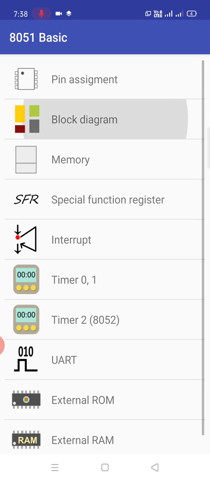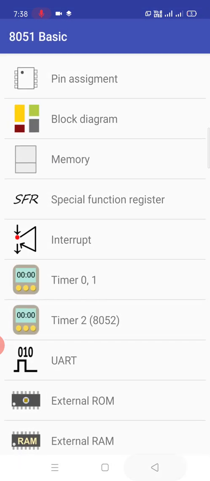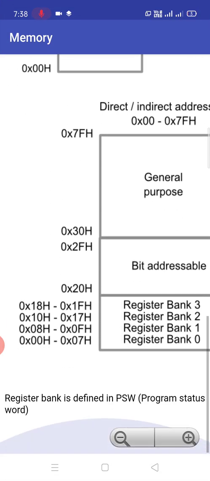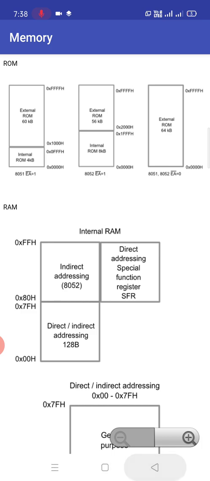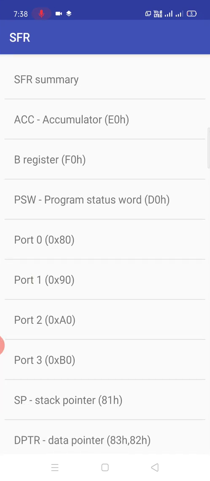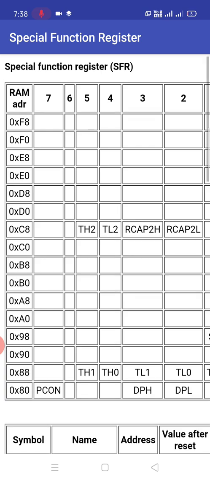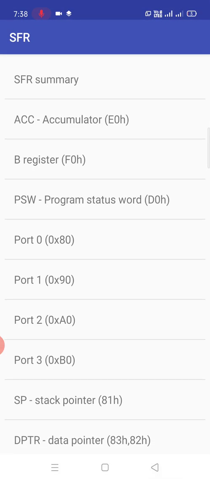and the block diagram of 8051 and memory organization. What we already discussed in the lectures is all pictured in this Android application, so it will be useful for summarizing the concepts also. The special function registers, that is SFRs, are all listed here.